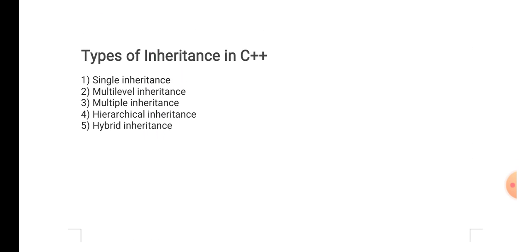So now you know how to implement inheritance in C++. You need to write class followed by name of the class followed by colon symbol. Then you write type of inheritance, whether it is public, private, protected. So you need to mention it, otherwise it will take by default private. So public, then parent class name. So there are 5 types of inheritance in C++: single inheritance, multi-level inheritance, multiple inheritance, hierarchical inheritance, hybrid inheritance. So we will see in diagrammatic way.